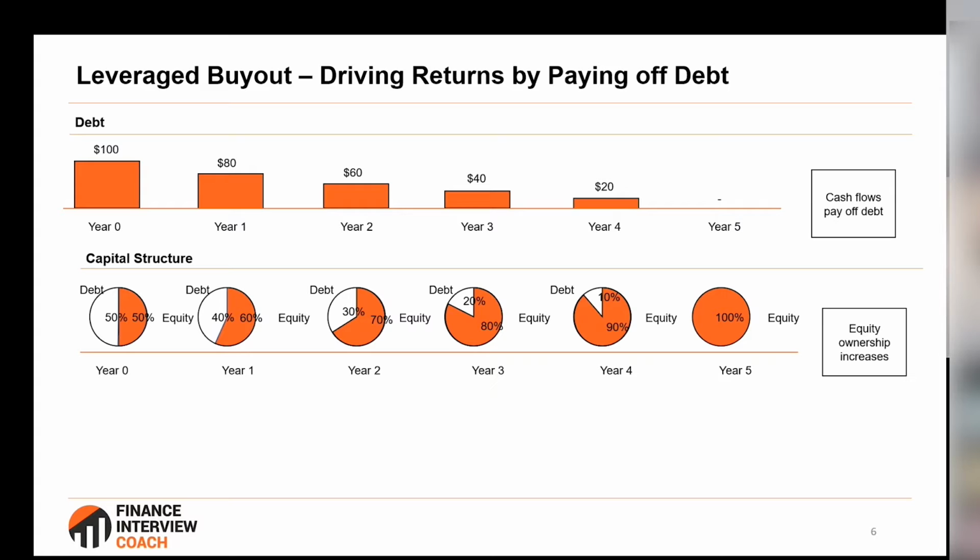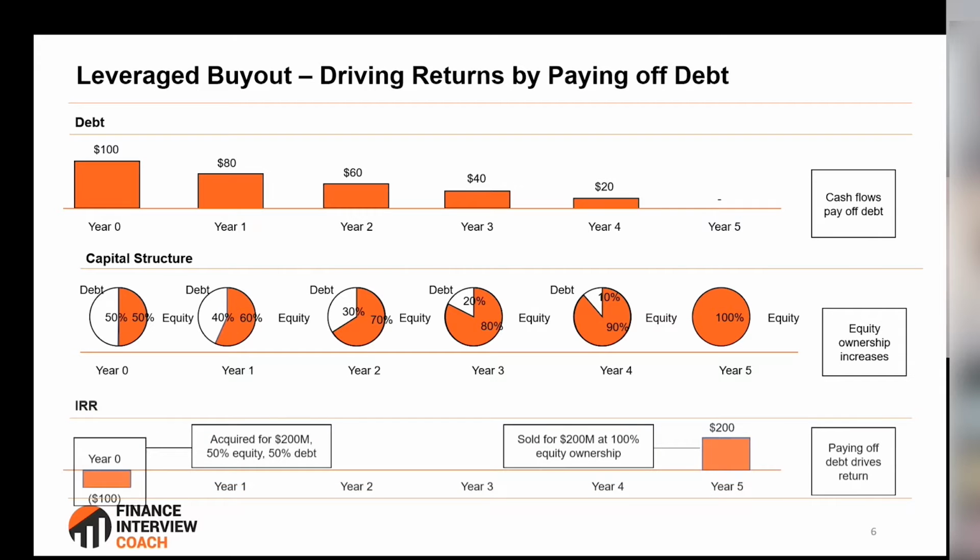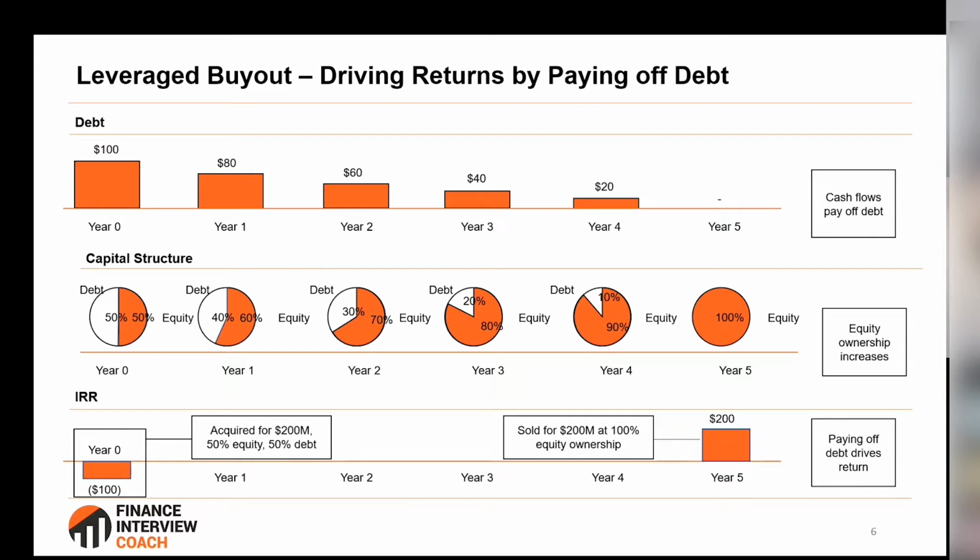Okay, and the returns. How do you actually make money in an LBO? There are three ways. I think the ways I go through here are two ways actually, so I'll go through the ways that I've shown here. One way is paying off debt. This is very straightforward. It's like if you buy a house, right? Even if the house does not increase in value,